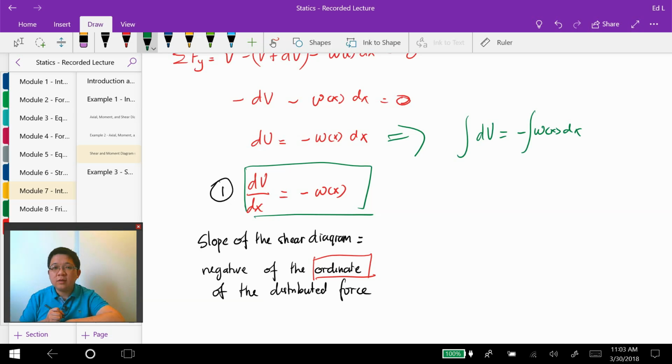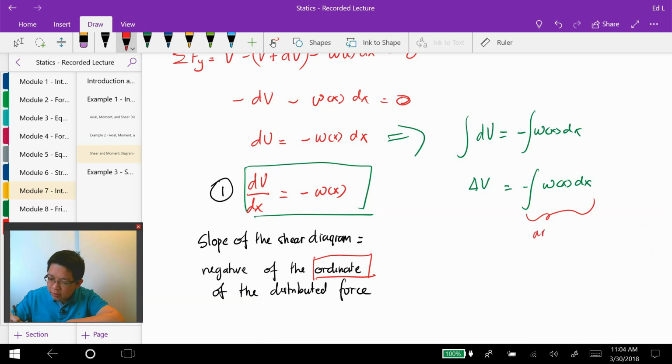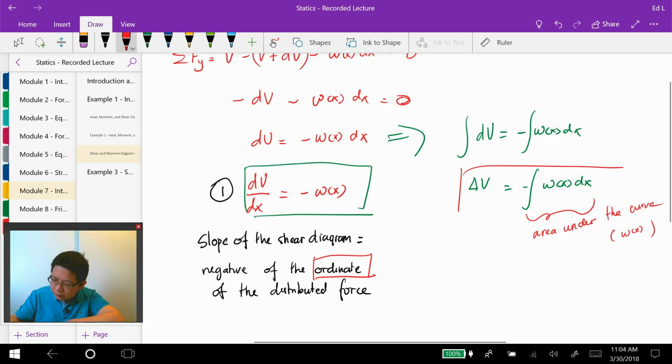Taking the integrations at both sides, we obtain the change of the shear equals this integration. If you recall what this integration means, it actually means the area under the curve, in this case under w(x). So this gives us the second rule,